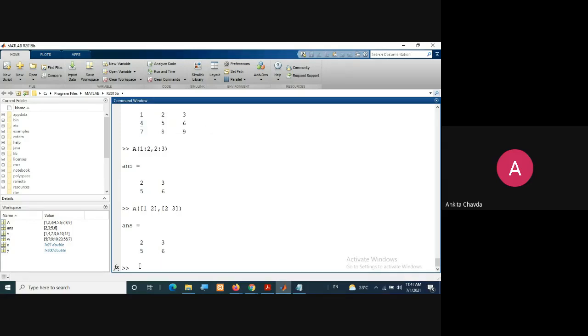So what I need to write is B equals, because I'm assigning the values to B, the values of A. You write the row numbers: first 2, so the second row, then the first row, then the third row, and all the columns. This is what I'm writing, and my B is 4, 5, 6, 1, 2, 3, 7, 8, 9. Okay.